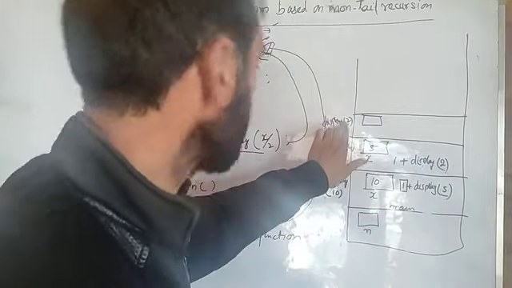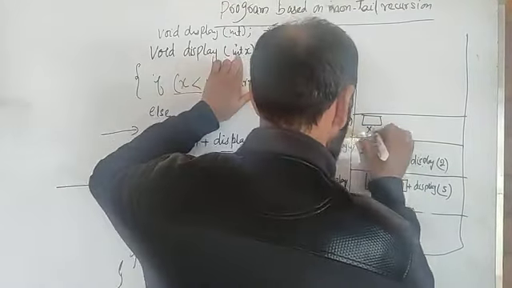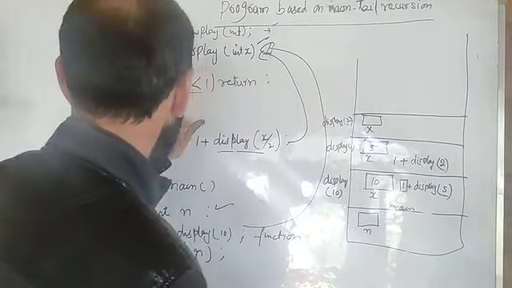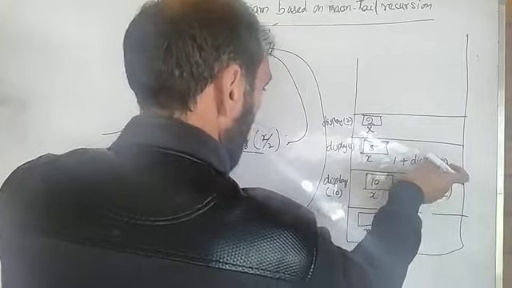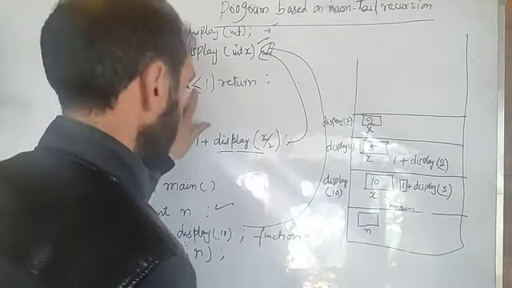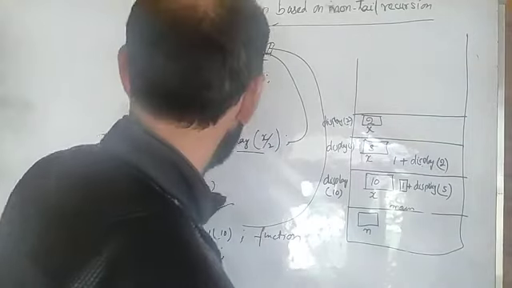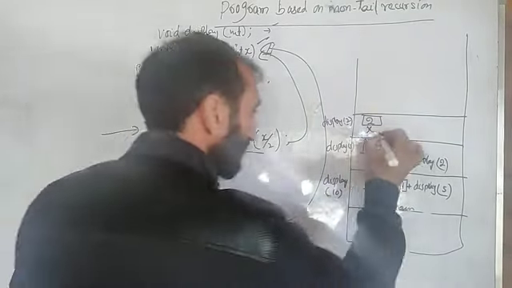Display function called a display function. This is a recursion. Here, it has also a variable x. Now, x contains 2 because 2 has been passed as an argument. Is x less than 1? 2 is not less than 1, the condition is false. So the control will go here. Return 1 plus